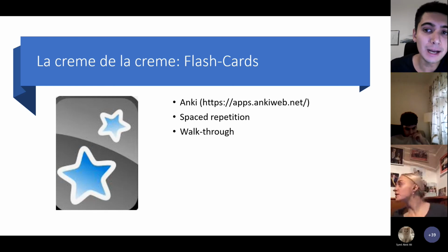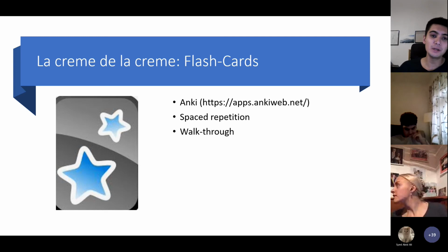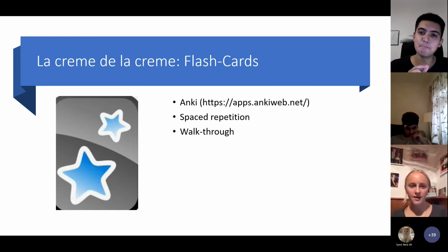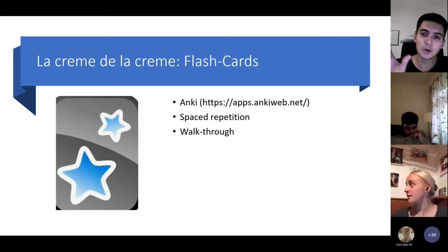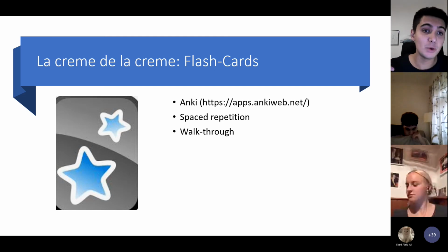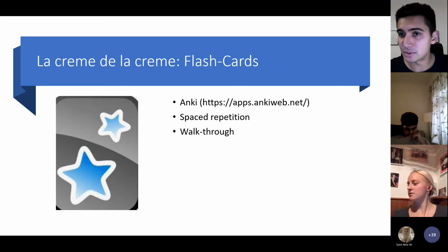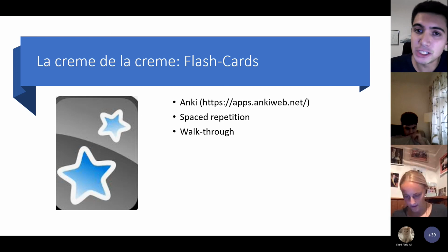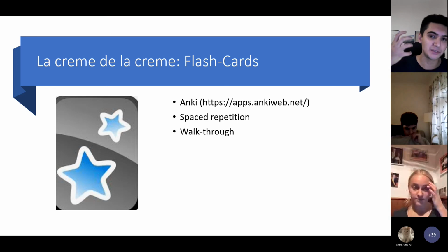But I would say that Anki and flashcards in general are a very good study material for information-heavy subjects, such as anatomy, such as histology, where you just need to know the facts that are maybe very hard to memorize and that you have to see many, many times before you really understand it. And with other subjects such as physiology, where you have to have an inherent understanding of the